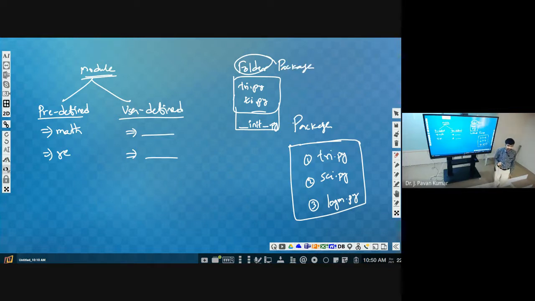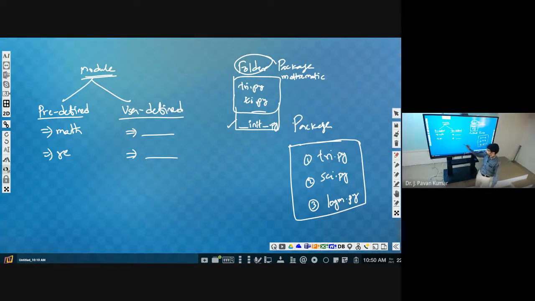Understand? Now let us assume the package name is mathematic, that is, the folder name is mathematic. How does it become a package? By placing this file, that's it. Now we want to use these modules.